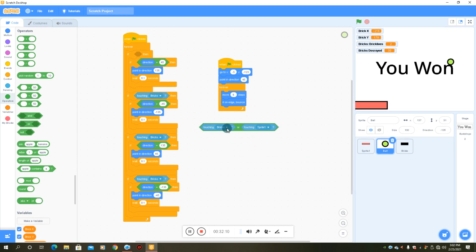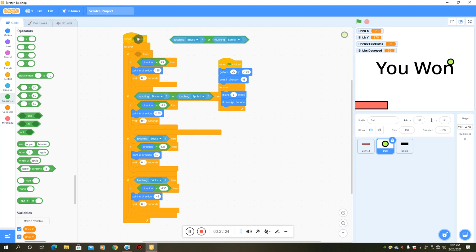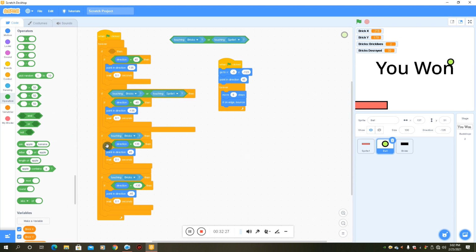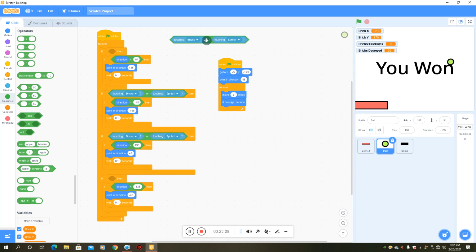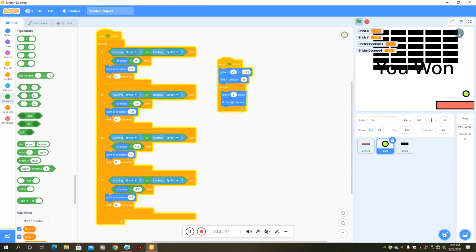or the brick. So if it is touching the bricks, it will change the direction and move, and if it is touching the pad also, that is sprite 1, it will change the direction and move. So we will just duplicate it, place it inside, and delete this block. Duplicate it from here, place it here, again duplicate it, place it here, and place this here. So now if it touches even,